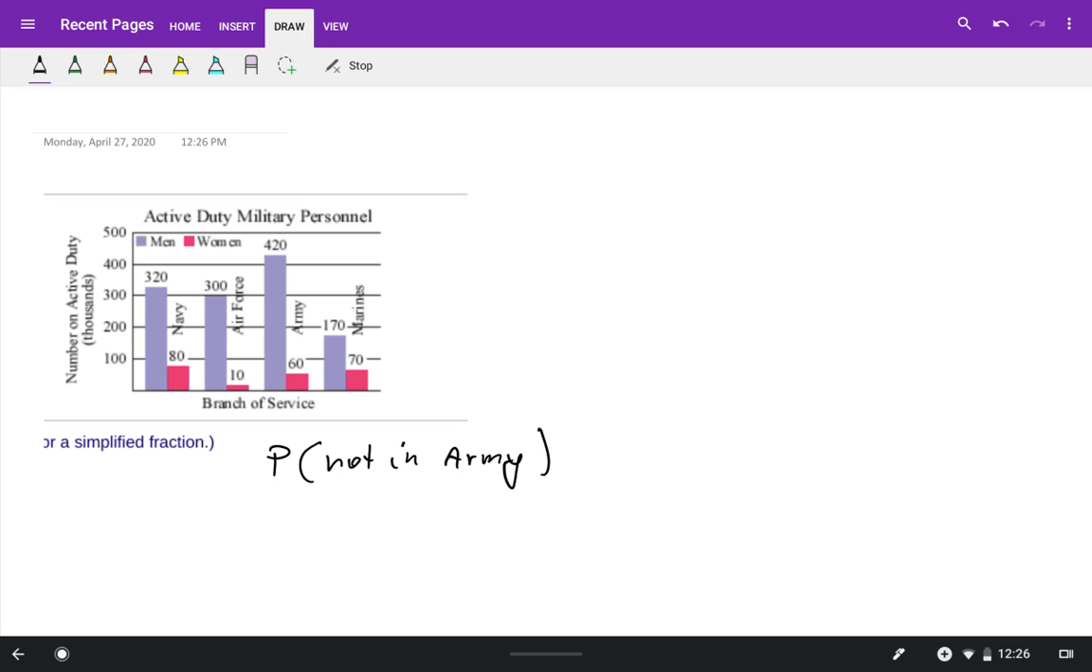A couple of ways you can do it, but since the maximum probability you can get is 1, I'm going to do 1 minus the probability that I select somebody from the army. So I'm doing the opposite. Probability is a number from 0 to 1, and 1 means something for sure happens. So I'm going to subtract from 1 the probability that I'm selecting somebody from the army. So to select somebody from the army, I have the number of active duty, 60,